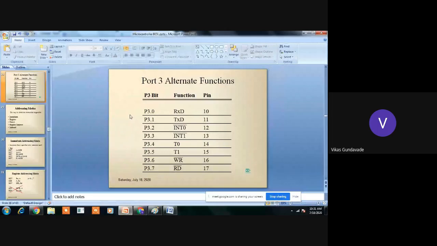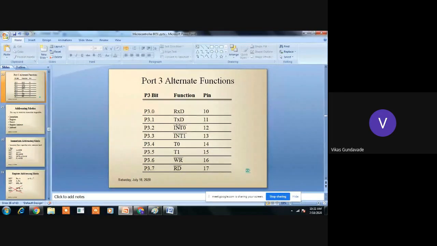Port 2 is represented by P2. And port 3 is represented by P3. After that, we can observe it is represented as port 3.0 or port 3.1. So what does it mean? The first pin of port 3 is represented by P3.0. Similarly, the second pin of port 3 is represented by P3.1 and so on.